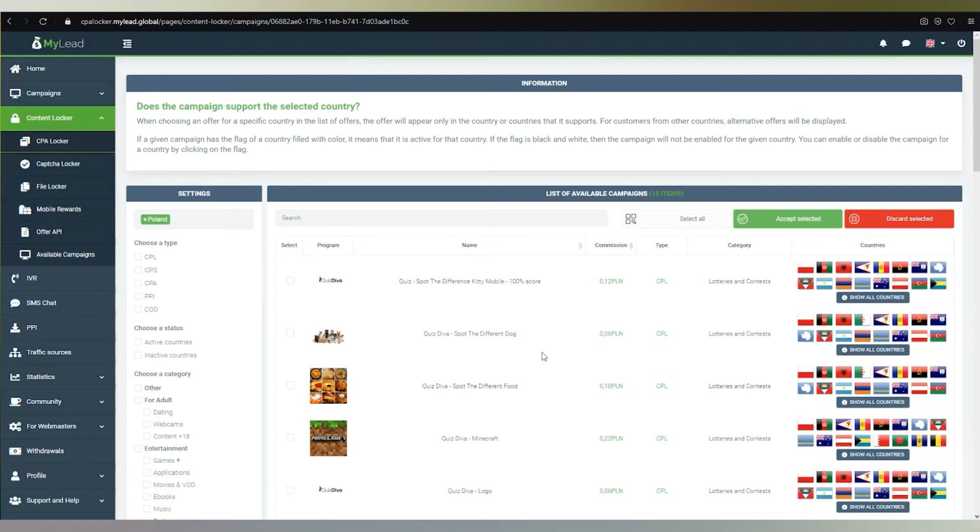If you want to turn them off, all you have to do is manually select several campaigns by clicking on the box on the left and then click on the Discard Selection button. If you want to disable all campaigns in the list, you first need to click on the Select All button